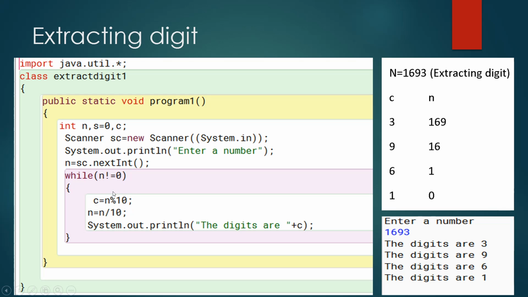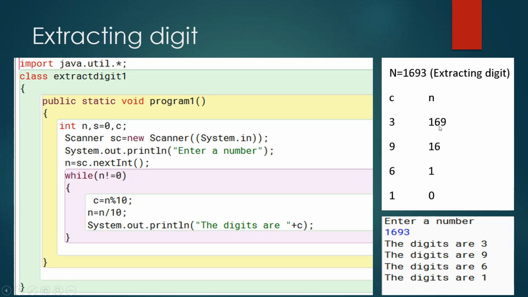Now what will this do? This will take out the remainder. So 1693 divided by 10 gives you the remainder as 3. So 3 is extracted. 3 is the last digit which is extracted, and I say n is equal to n divided by 10. Now why have I done this? In order to continue the while loop, I have written n is equal to n divided by 10, because for the while loop to continue, it requires either a number again to be input inside, or I need to increment or decrement the value. So here I am decrementing the value, using n is equal to n divided by 10. So now n becomes 169.